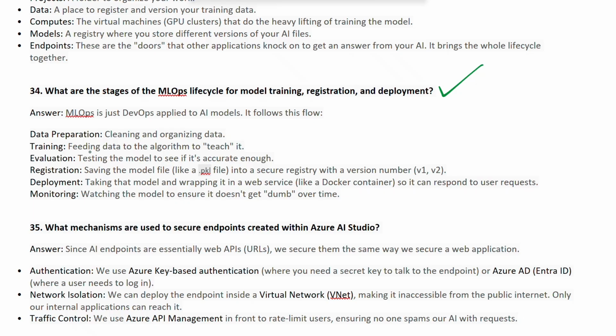In the training phase, we feed the data to the algorithm to teach the model. Evaluation basically involves testing the model to see if it's accurate enough. Then registration, where we save the model file, like a .pkl file, into a secure registry with version control, like V1, V2. Then deployment, that means taking that model and wrapping it in a web service like a Docker container so it can respond to user requests. And finally monitoring, where we watch the model to ensure it doesn't drift over time.